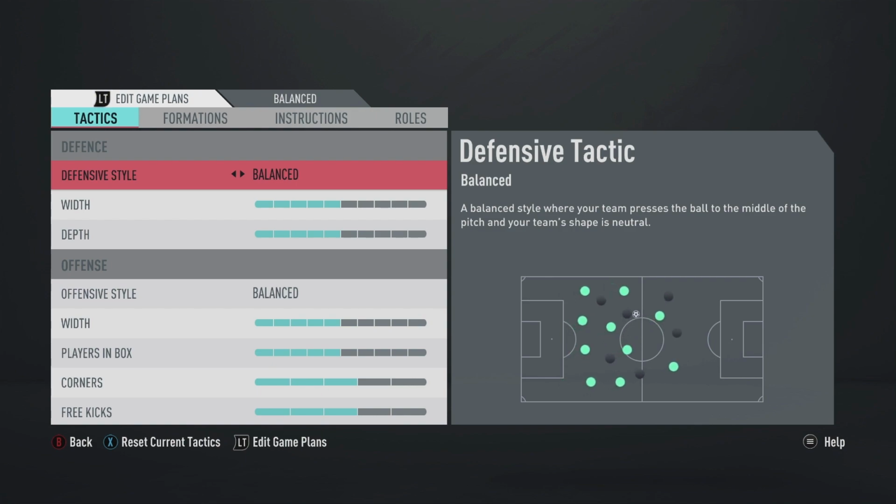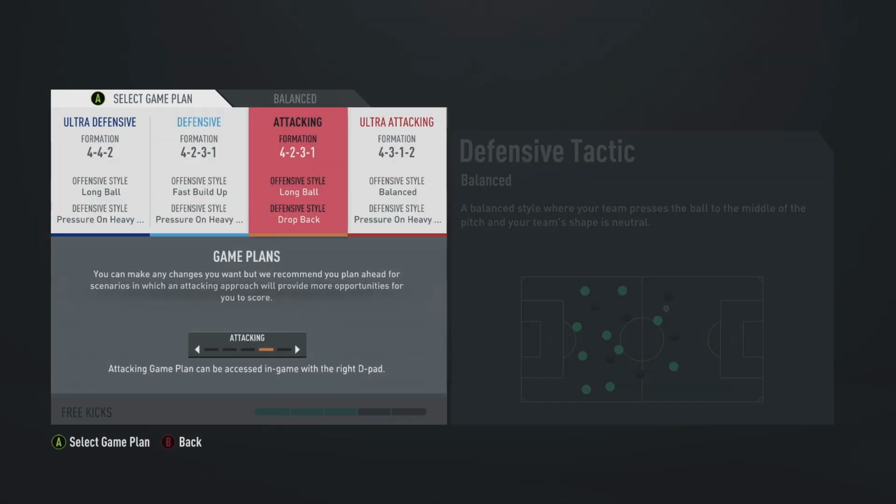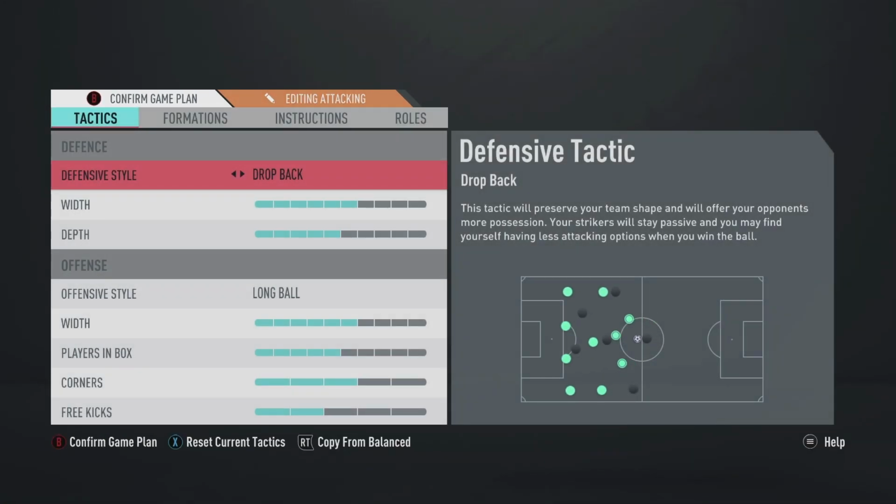But if you do want to win, especially now with the final Ultimate Team of the Season rewards and packs for next week, I do suggest giving it a try and just seeing if it works for you. So, getting straight into it, in terms of the defensive style, as I've mentioned, because it is a counter-attacking